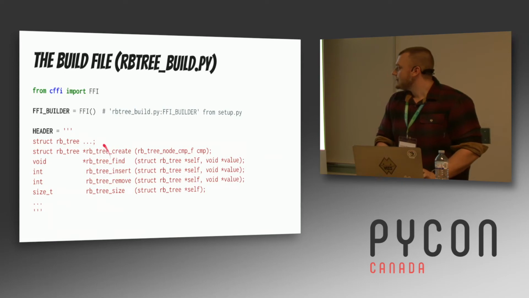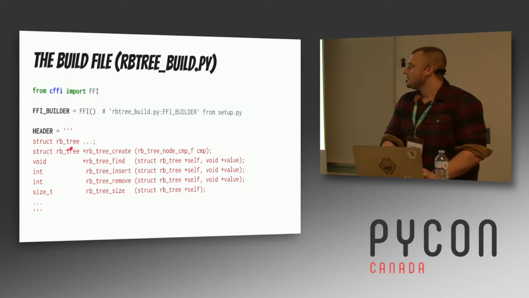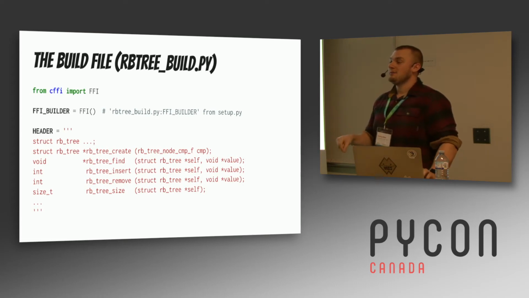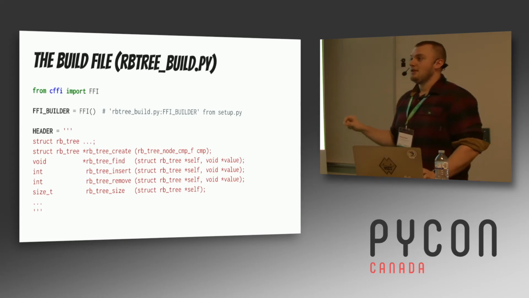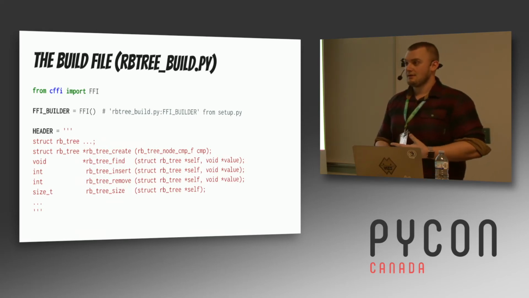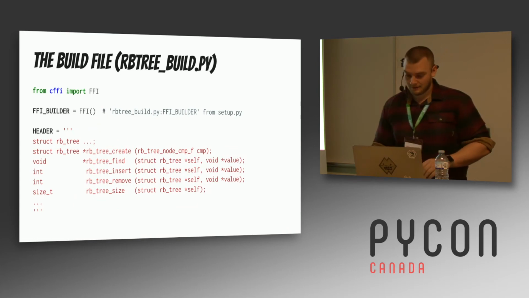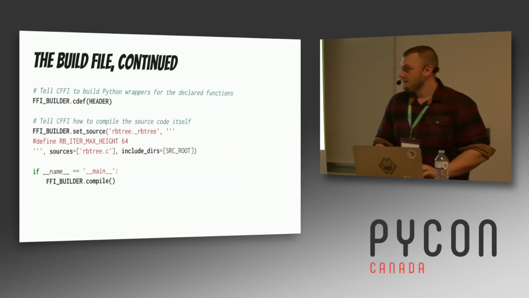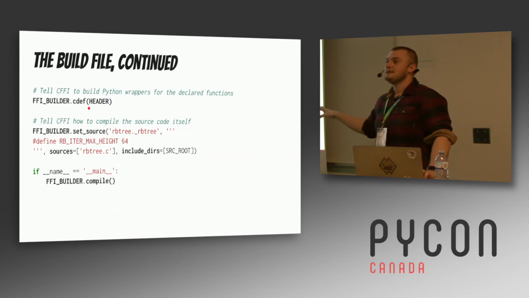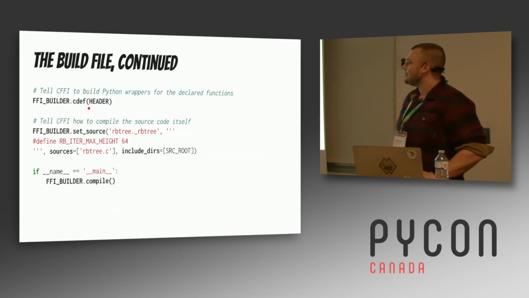Another thing to note is that I've said here struct arbitrary, and you can actually use the ellipsis. What CFFI will do is, when it goes to compile this library, it will allow the C compiler to fill in the gaps in terms of what the actual fields in that C struct are. That's another thing that's pretty helpful that CFFI does. So we defined that header as a string, and then we need to call ffibuilder.cdef on it, and that just tells it these are the C definitions to use.